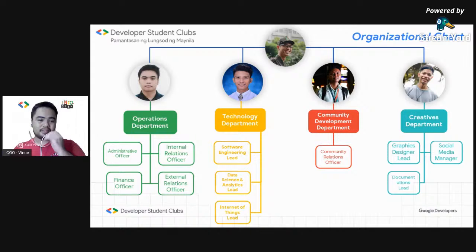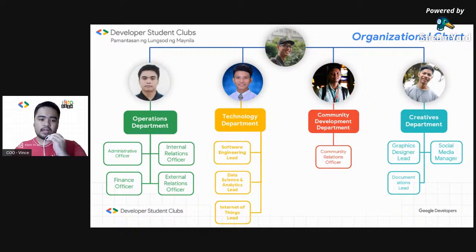I'm introducing myself. I'm Vince, COO of DSC PLM, and I'm the one leading the operations department. So, ano bang ginagawa natin dito sa operations department? Expected na we're in charge in overseeing all operations done in the organization and ensuring it was executed efficiently. An example of that is making operation strategies, policies, or making a system for the community or the